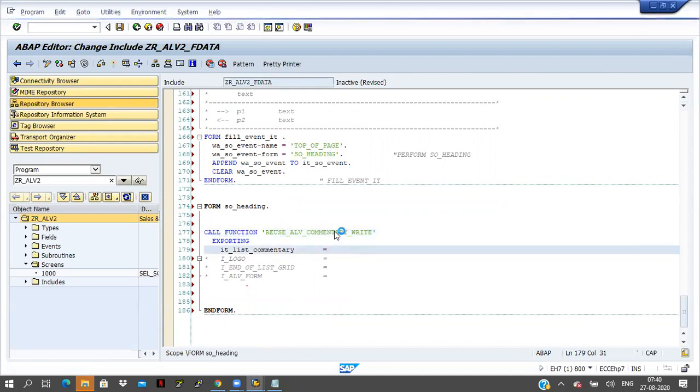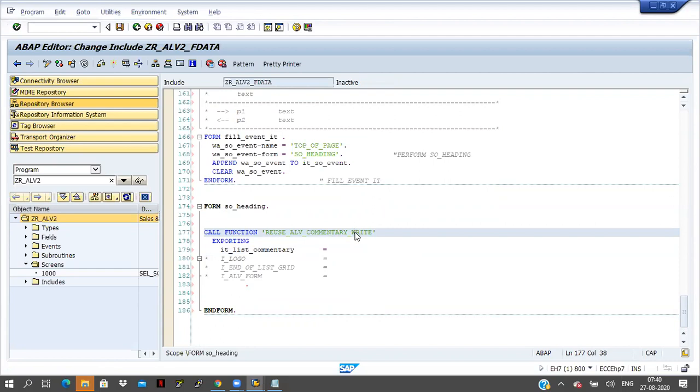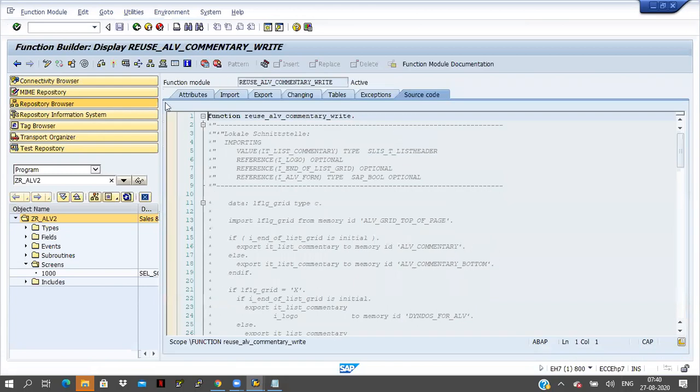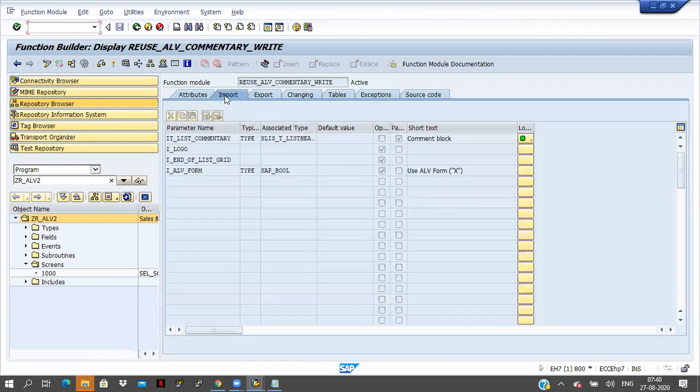Now, the REUSE_ALV_COMMENTARY_WRITE function module is there, right? So you can open this function module in a separate session in SE37, or double click on this name. So it will go to the SE37 screen. And here import is there. In this import, the internal table name, it's looking a little bit slow.